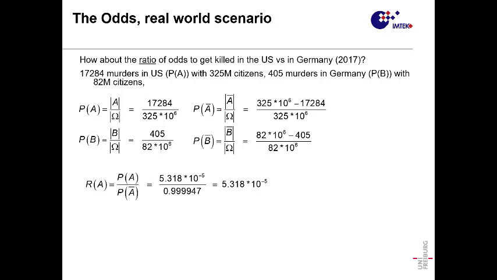Now we do the ratio, the odds. The odds of the USA, the odds to be murdered, is going to be the probability to be murdered over the probability to not be murdered. And that is a number that is 5.318 times 10 to the minus 5. So chances are, and this is